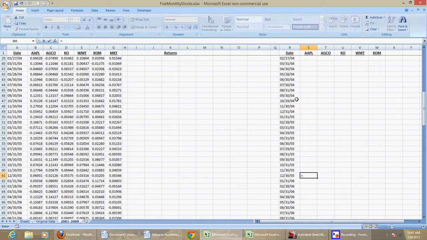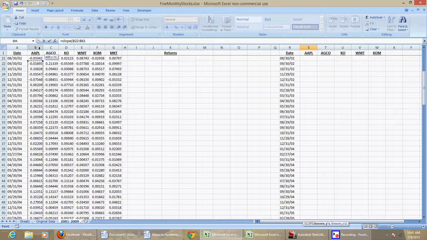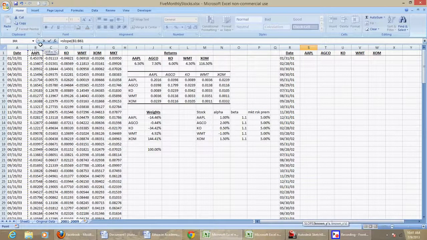So equal the slope for Apple, my Y's, comma for the market,